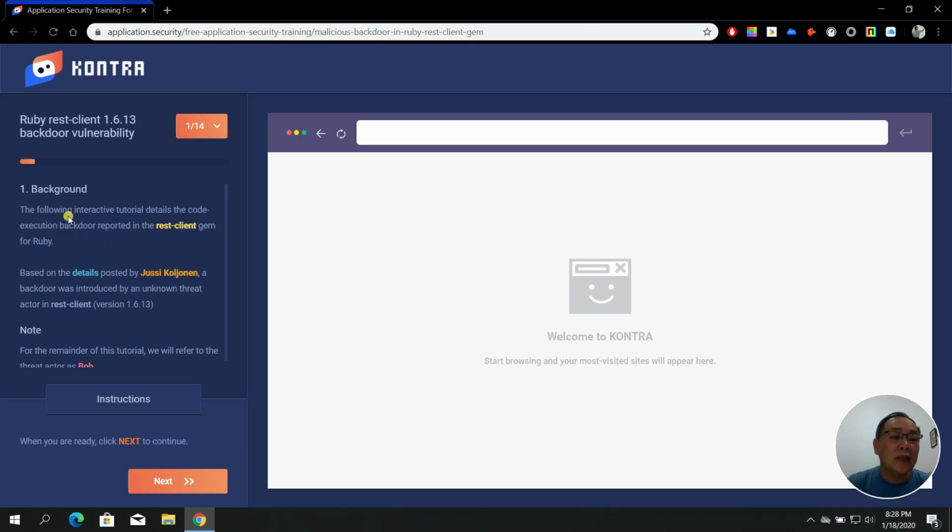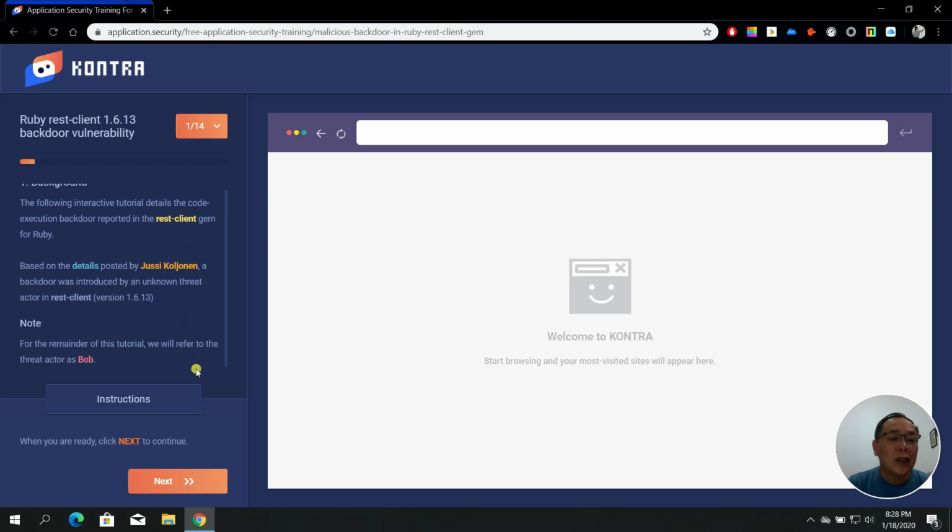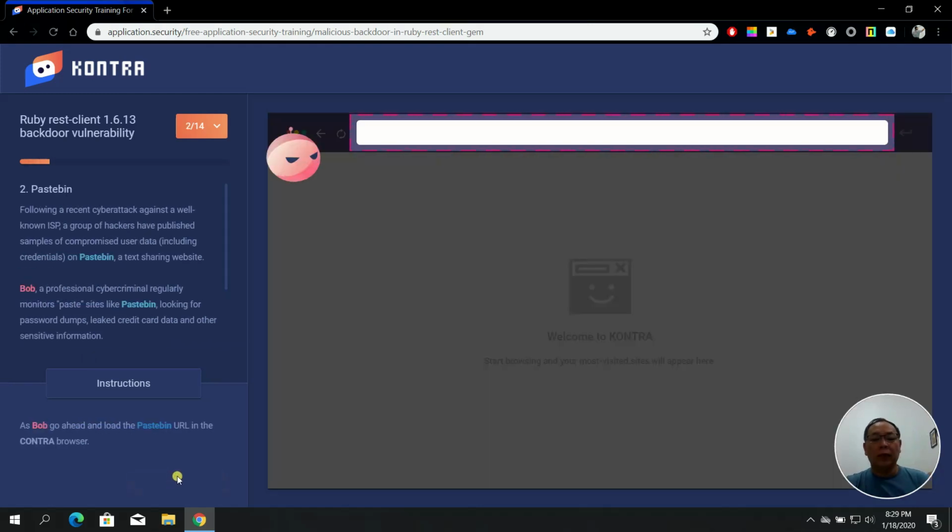It says that the following interactive tutorial details the code execution backdoor reported in the REST client gem for Ruby, based on the detail posted by Jussi Jokinen. The backdoor was introduced by an unknown threat actor in REST client. Okay, so for the remainder of this tutorial, we'll be referring to the threat actor as Bob. Okay, let's click next to start with the